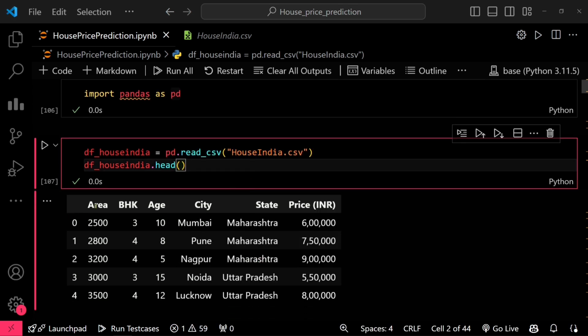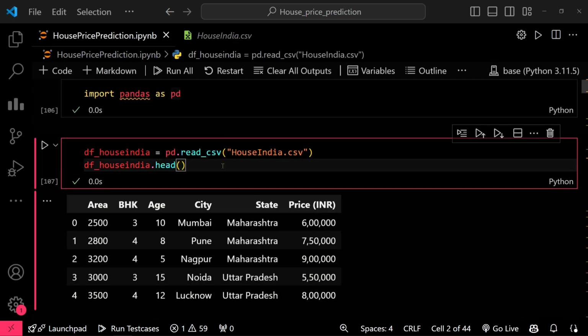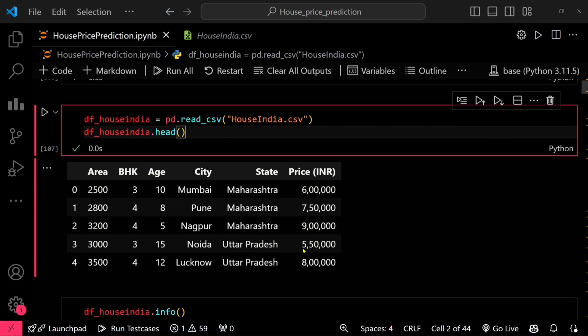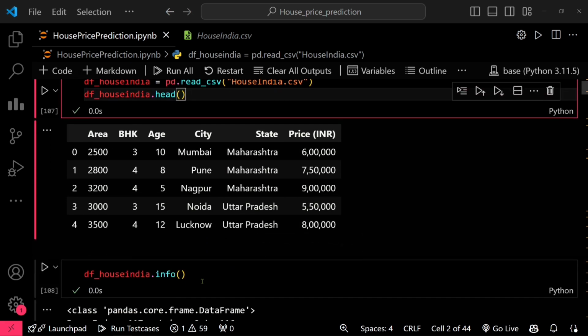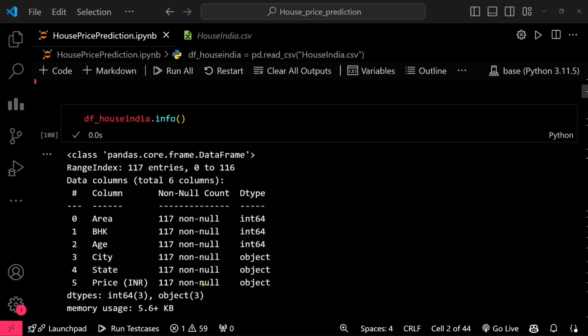If you see here, the area, BHK, age, city, state, price, they all are the same as I have shown you earlier. This is the same dataset I'm using in this project, right? So these are the first 5 rows. And then in the next step, I'm printing the info of this dataset. Basically, I want to see the types of the attributes we are using. So here come the attribute types. Area is int, BHK and age are also int, but city, state and price are object